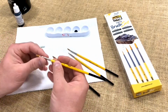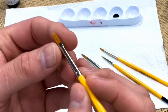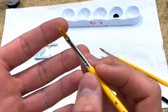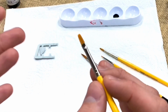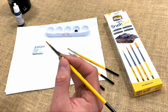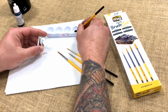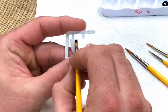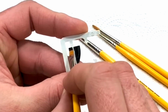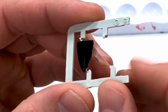The coolest thing, and the one that I've used probably besides the 2 the most, is this flat brush right here. I've never used the flat brush actually until this. I've never found them necessary, but after playing with it and using it on some flat surfaces, some shoulder pauldrons and some Space Marines and some Elven shields, it's turned out to be probably, I don't know what I've been doing for 20 years of painting, but I miss this guy somehow, and so I'm going to be using these a lot now. And what I like about it is the paint load in these is pretty awesome, and it's just really good on the delivery, and there's no streaking,